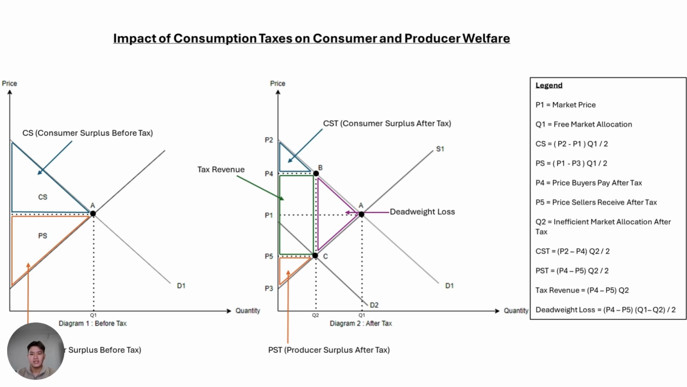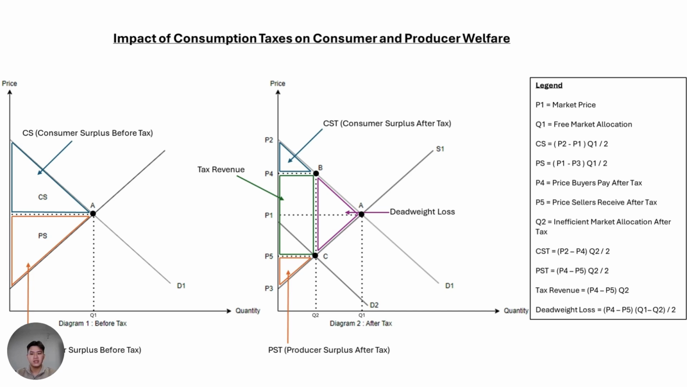The new consumer surplus after tax is smaller, represented by the blue triangle above P2. The new producer surplus is also smaller, represented by the orange triangle above P3. The tax revenue generated by the government is shown as the green rectangle between P4 and P5. This revenue is collected from both consumers and producers. However, the key inefficiency introduced by this tax is the deadweight loss, shown by the purple triangle between B, C,